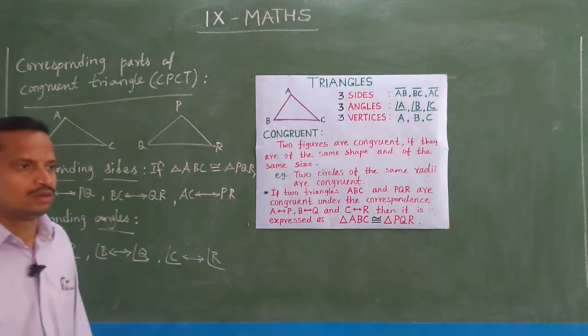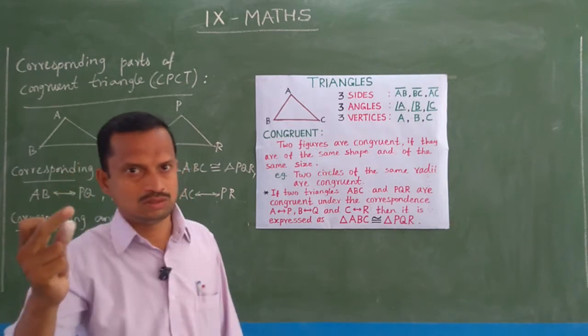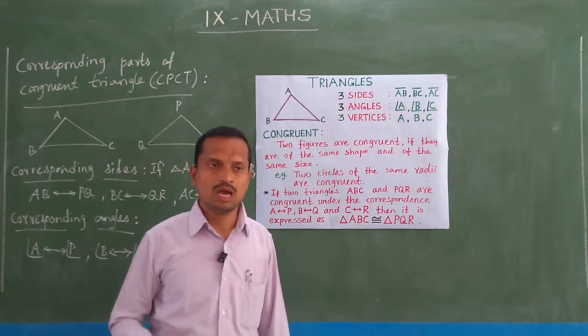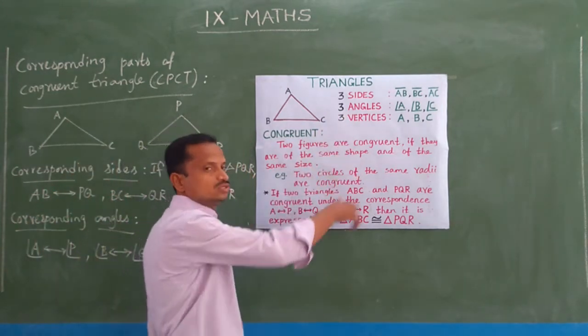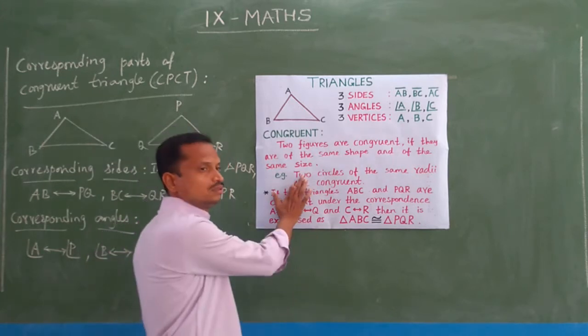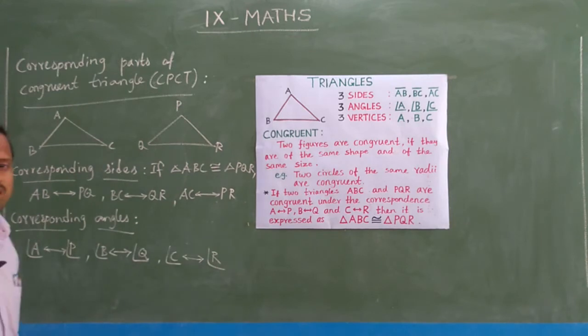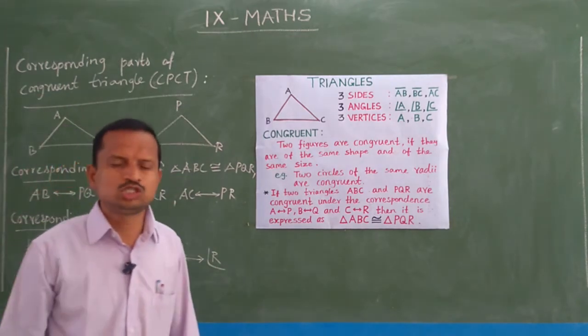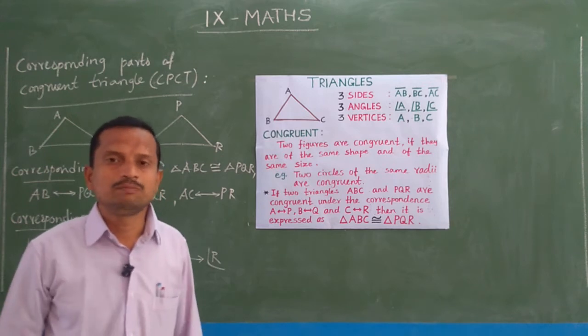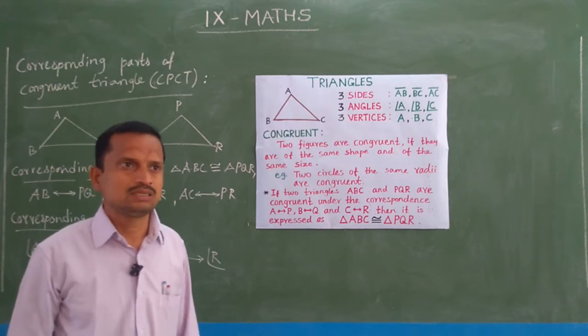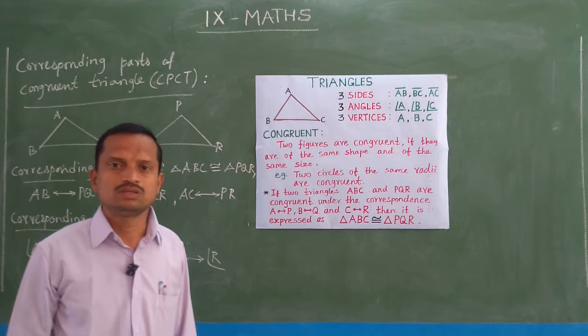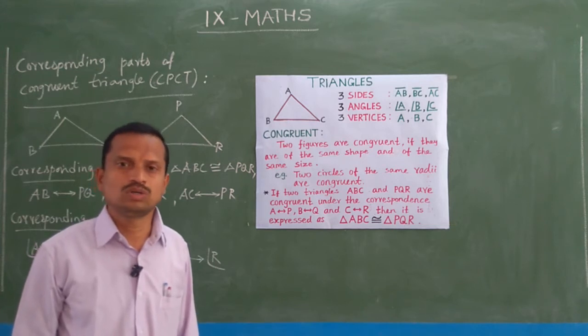And now, first you take the definition of triangles, which I taught you earlier, and then finish this chart, what the matter given there. And coming to this next, corresponding parts of congruent triangles. In short, we call it CPCT. In capital letters, we call it CPCT, corresponding parts of congruent triangles.